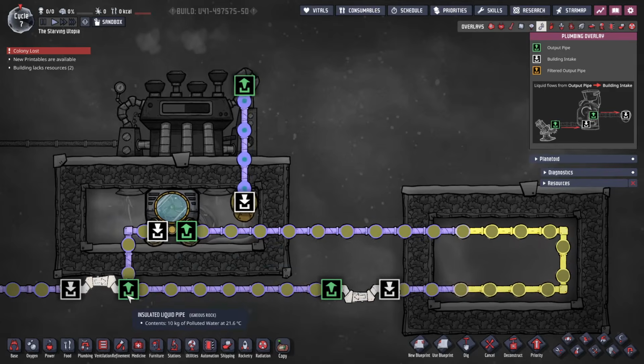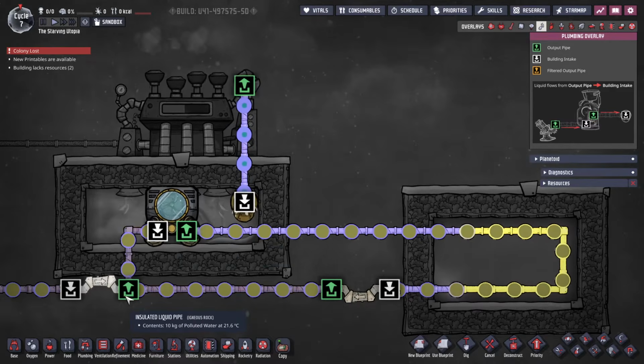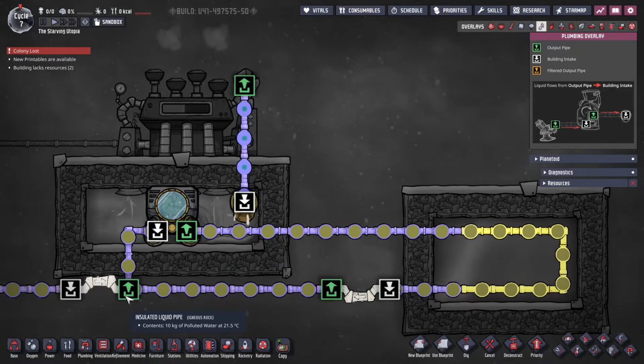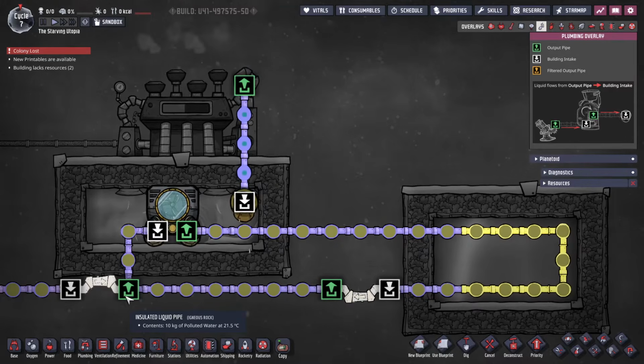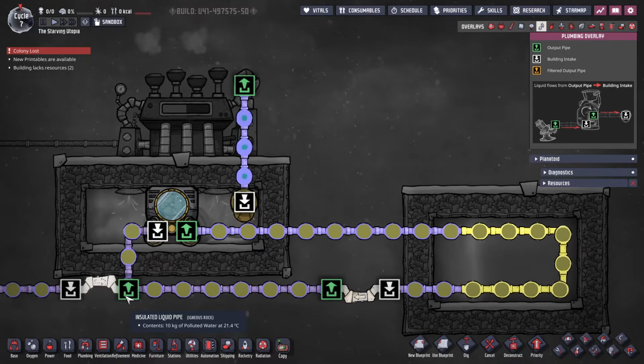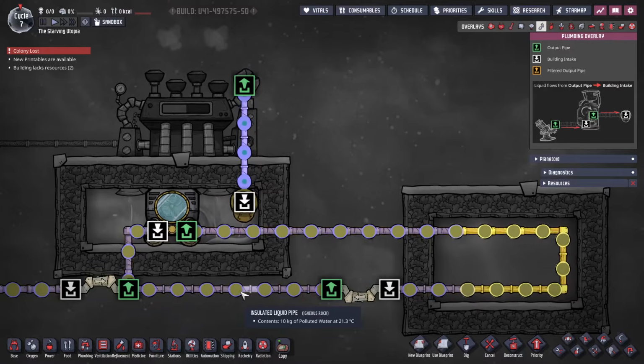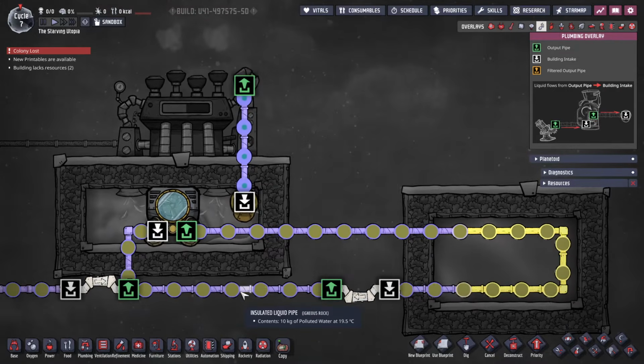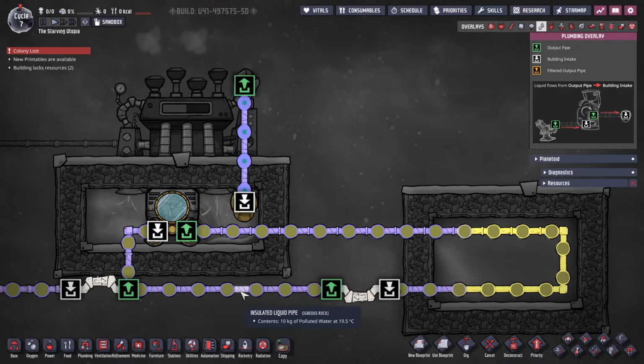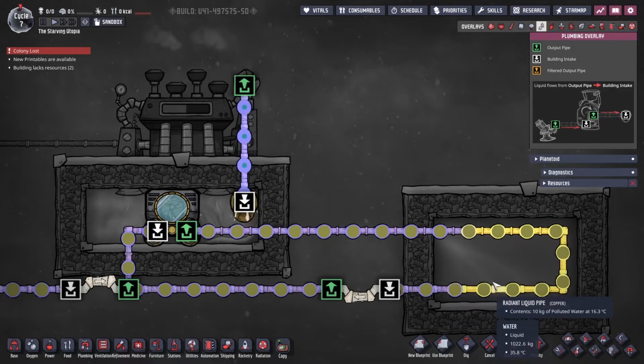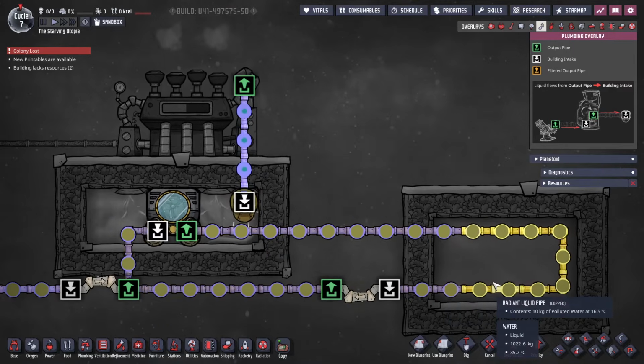The best way to fill the loop is to bridge on, as this prevents the loop from getting clogged. However, this can be fixed by removing liquid with the pipe emptying command, or deleting some pipe segments with liquid in and rebuilding them. Use insulated pipes made from igneous rock inside the steam room and in areas you don't wish to cool. And for areas you do want to cool, change to either granite normal pipes or radiant pipes.